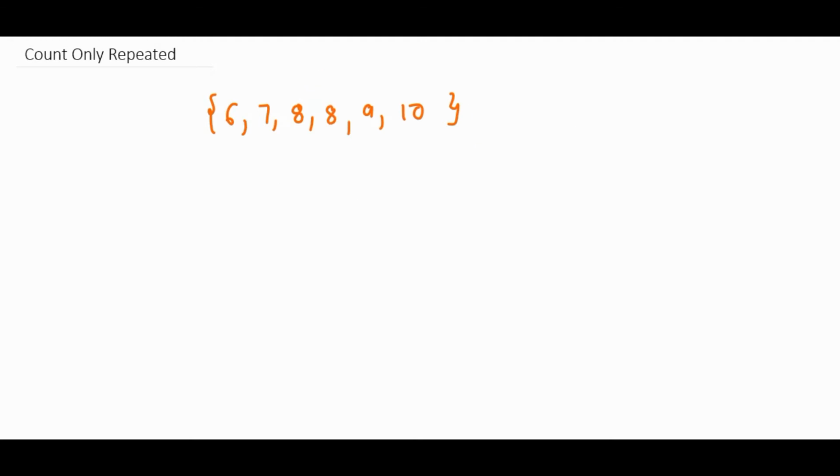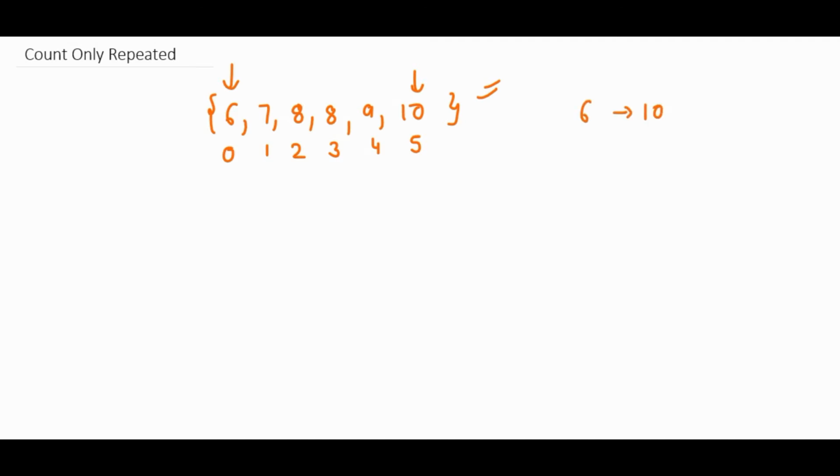The first and very simple approach that we can follow is, let's say these are the elements in the array and we have their indexes as 0, 1, 2, 3, 4 and 5. What we can do is start traversing this array. As we know, this is sorted, so the first element is the smallest and the last element is the largest, and the answer will lie between this only, from 6 to 10.